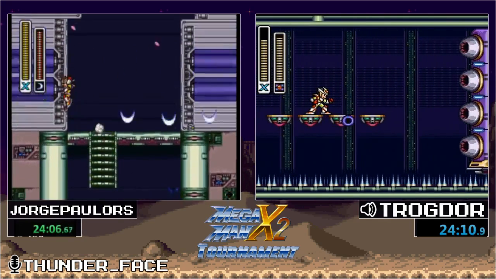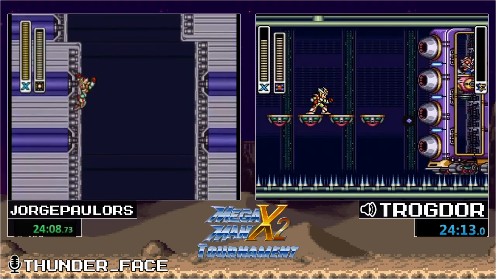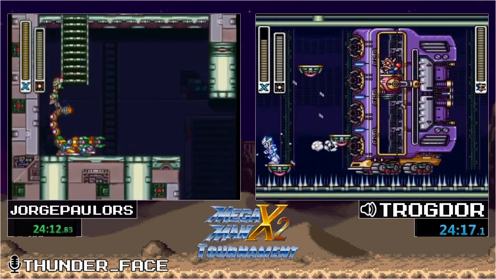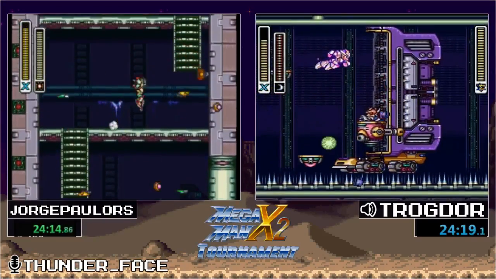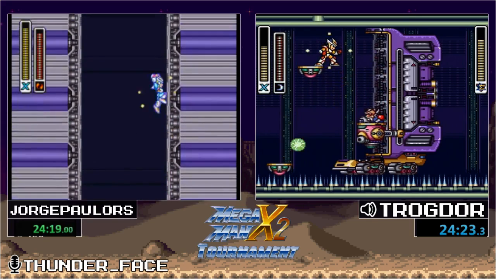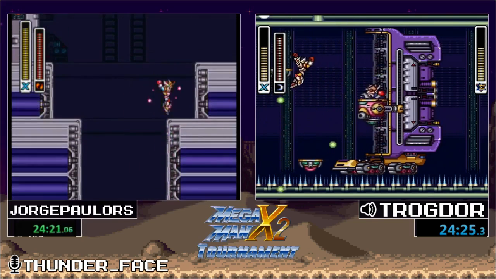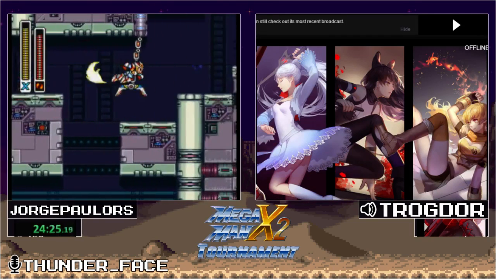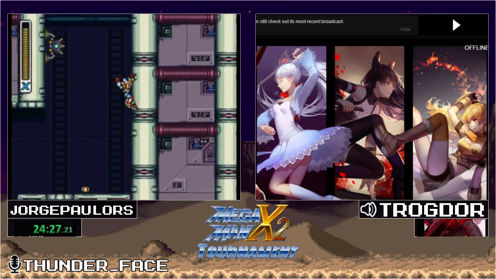Moving into Sergei's stage now. You see him charge up the magnet mine, and if you do that, you can take out some of these front turrets on the boss ahead of time. George here moving through the violent stage. Whoa, what just...